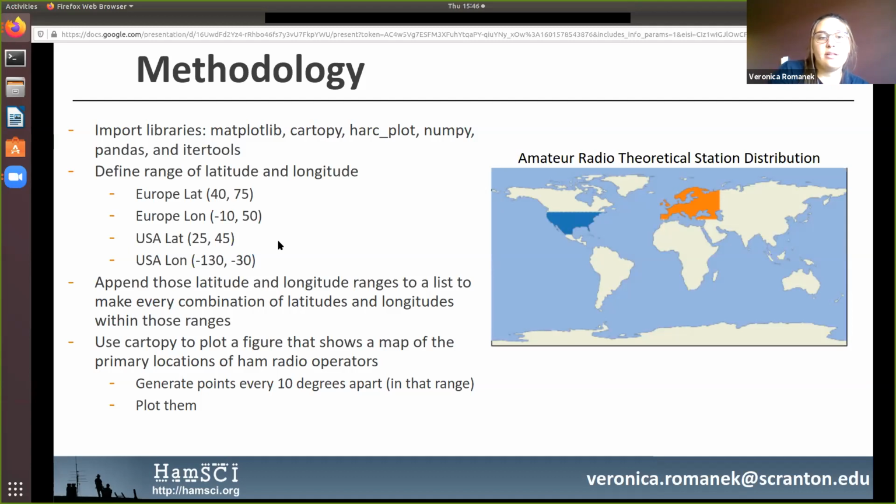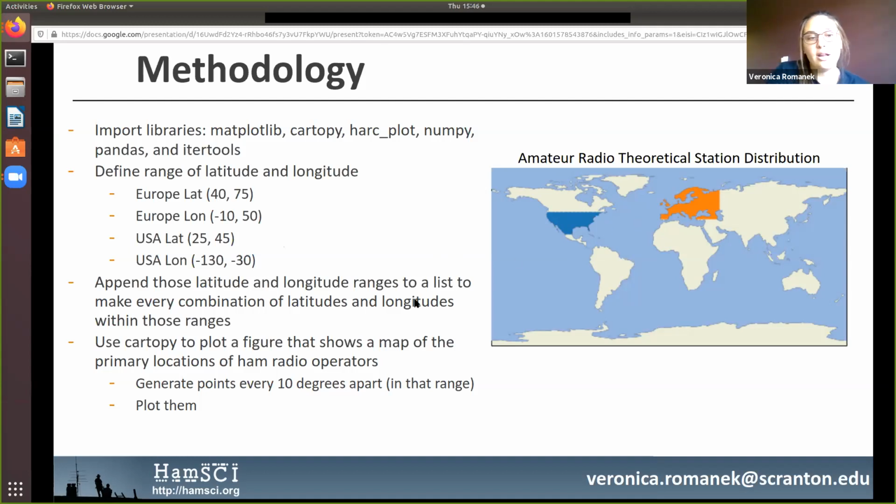And then I appended those latitude and longitude ranges to a list to make every combination of latitudes and longitudes within those ranges. So basically, I took each point and said what would happen if they contacted every other point on